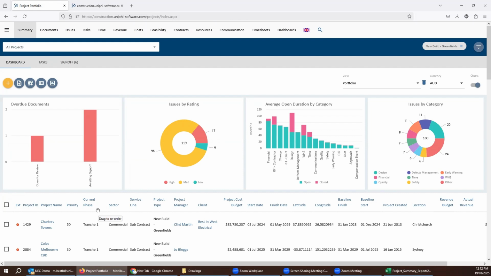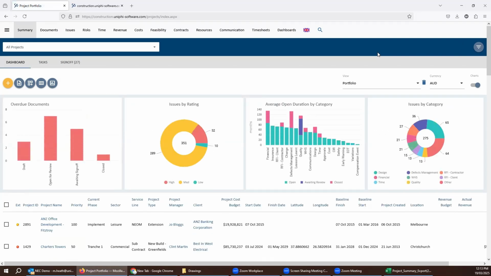Now we're going to jump into the actual day-to-day life of a person using UniPhi in a client-side PM role. So to set the scene here, and I'm sure everyone on the call understands it, but just so we're all on the same wavelength, you're an intermediary between a series of contractors or consultants working to build something and the client who's paying for all of that. So you're facilitating on behalf of that client the construction of something, and potentially administering the terms of a contract with those consultants and contractors, and managing that information, and then reporting that back to that client, which creates some